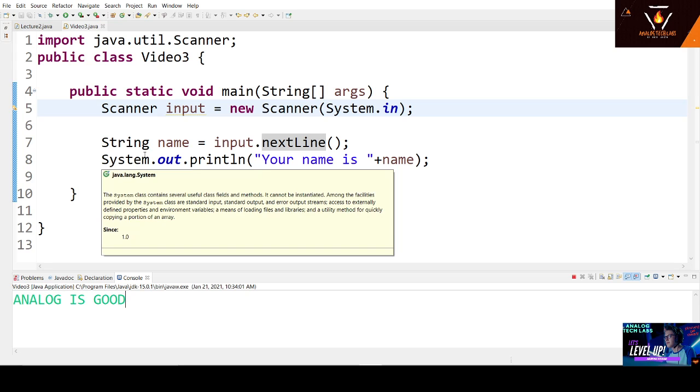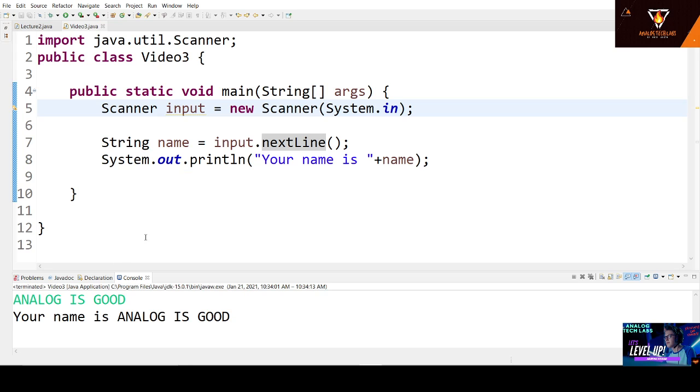Just press enter. You can see your name is analog is good. So it takes the whole complete sentence. That's the difference between next and next line. Hope you guys understand that. All right, so this is all for taking input from the user.